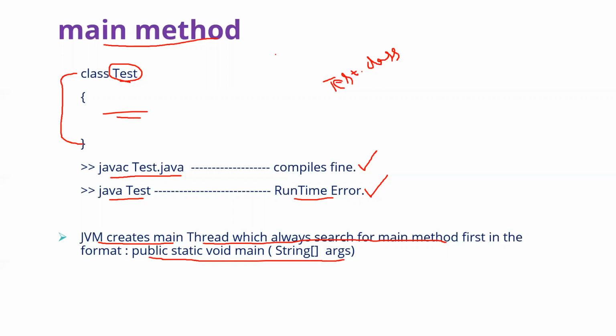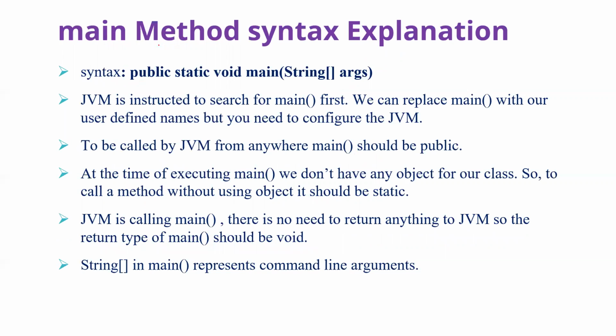Okay. Observe the main method syntax. It is a strict syntax you need to follow. If you make any modification to that syntax, our program will not run. The JVM will not run the main method. Okay. Now observe, this was the syntax: public static void main(String[] args). Here, observe carefully. Why do we need to write main only? Instead of main, can't I write my own name, like public static void?